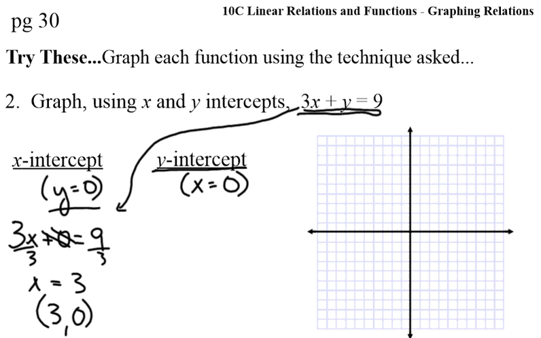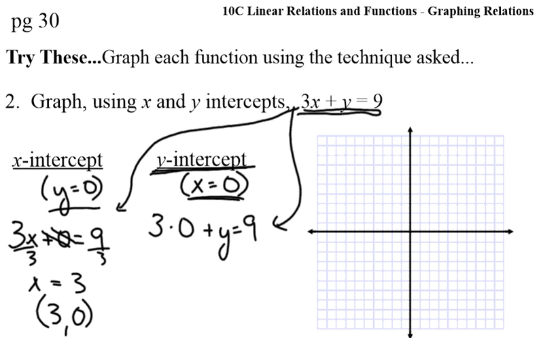Our y-intercept occurs when x equals 0, so we can now substitute that into the equation. 3 times 0, because that's our x value, plus y equals 9. 3 times 0 is 0, just disappears. Therefore, y equals 9. When x is 0, y is 9. There's your y-intercept. X-intercept, 3, 0. Y-intercept, 0, 9. Connect those, nice straight line, and we will have our